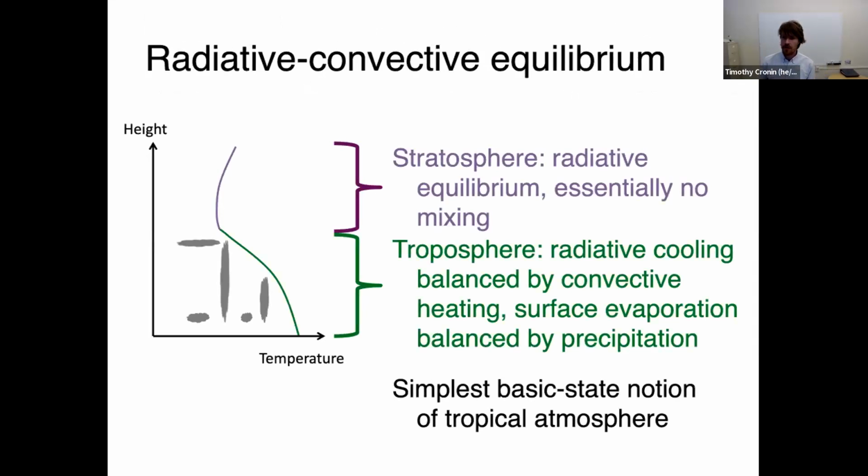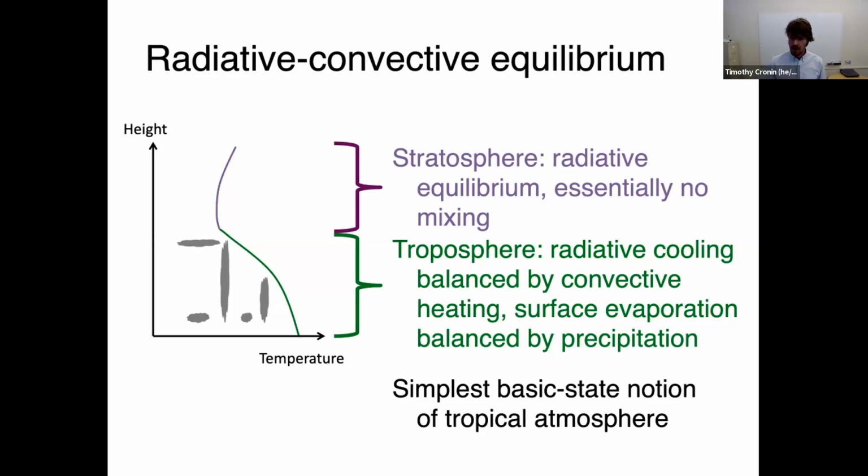And that minimal model starts with the notion of radiative convective equilibrium. So the real Earth has variations in surface temperature, continents, land surface properties, and spherical geometry. Most of those are unnecessary complications for thinking about this work. So the way we're going to set up simulations of hurricane worlds is by looking at an atmosphere that is in radiative convective equilibrium and just takes account of variations of atmospheric properties in the vertical direction. So we imagine that every location in the horizontal initially has the same surface properties on average and the same